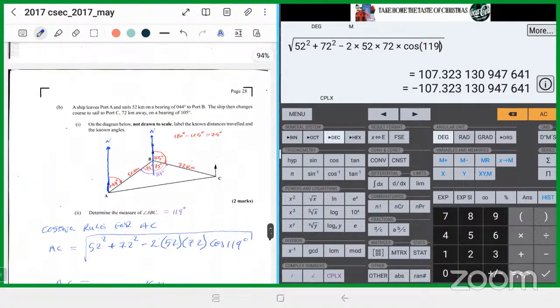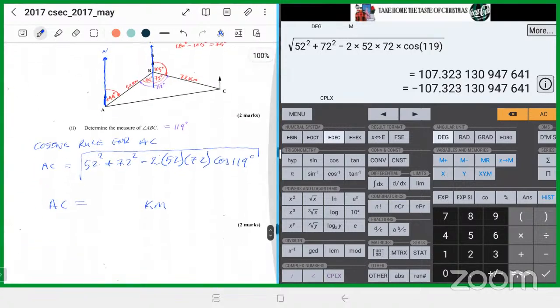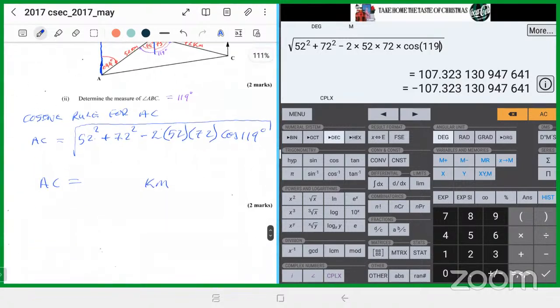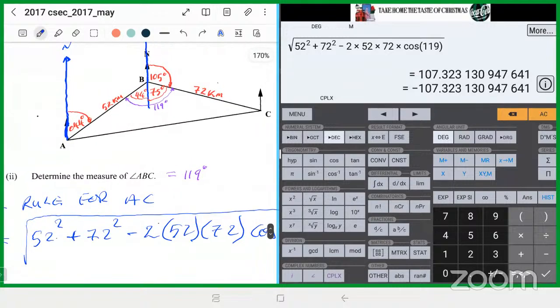All right, let's just make sure it's 52 and 72. Yes, it is. And so the length there is 107.3, but because I said to the nearest kilometer, we're just going to put 107. That's the nearest whole number for the distance. So we now know that AC is 107. I'm going to put it on the diagram there. I'm putting the equal sign in front of it because it is something that we worked out. It is 107